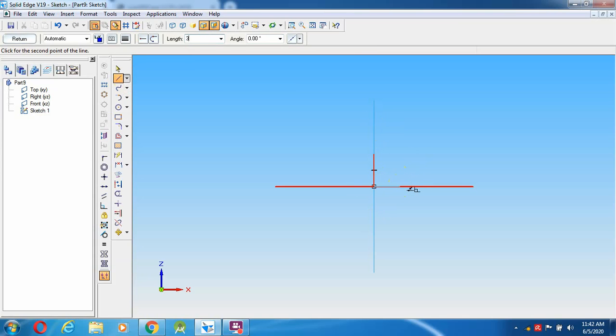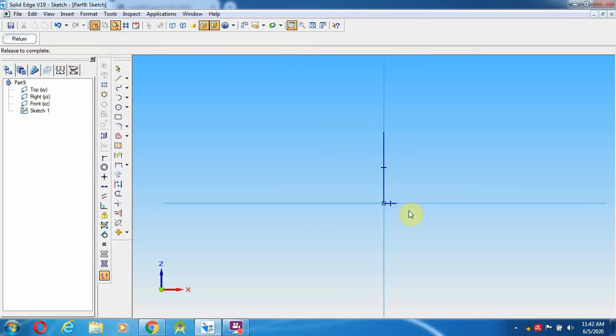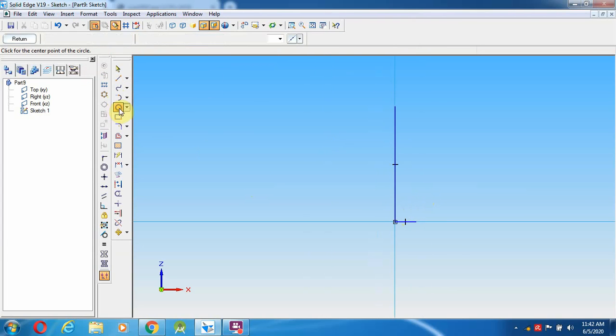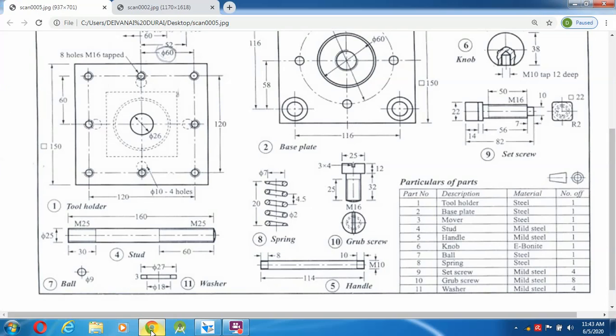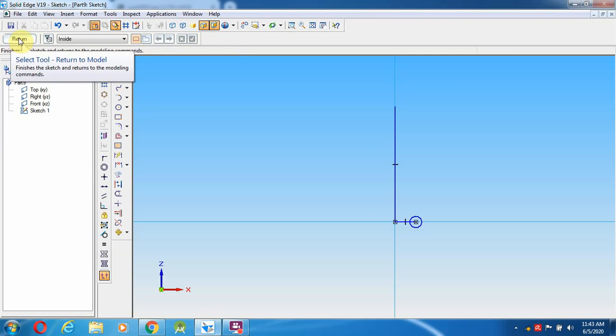I'm going to give 3.5 mm. Okay, so after giving the 3.5 mm, I'm going to zoom the particular things. So from this end, going to select a circle from here to 2 mm diameter. I'm going to create it as a circle. So after creating the circle, the distance is 4.5, 20 mm height. Those things I gave over here.